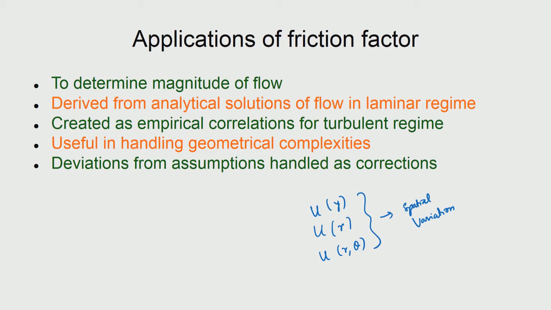So, we will be doing that, but we can use the same model to extend such correlations into the turbulent regime. In other words, we use the friction factor where we are interested in the magnitude of flow, but not necessarily the variation of the flow. So, you cannot, for example, get the spatial variation of flow if you take the approach of friction factor the way we are describing